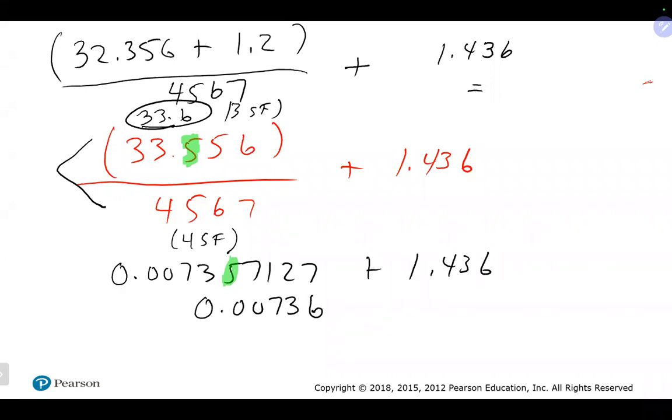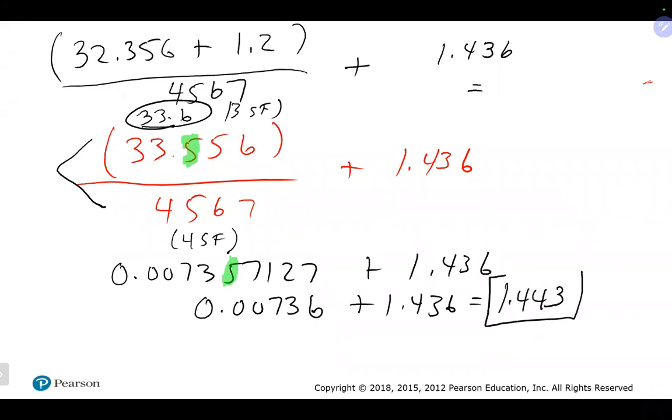0.00736, right, on the round, plus 1.436. Last step I'm doing here is adding as well, right? So again, we're going to be looking at decimal places. So we have basically 5 decimal places, right? And we have 3 decimal places, which means my final answer should have how many decimal places? Should have 3, right? So if I take that 0.00736 plus 1.436, you will get